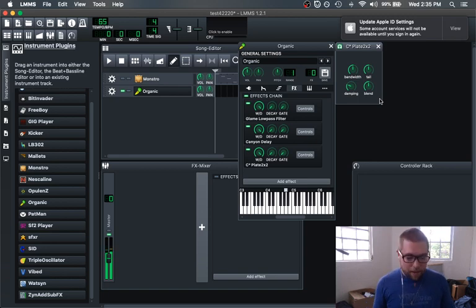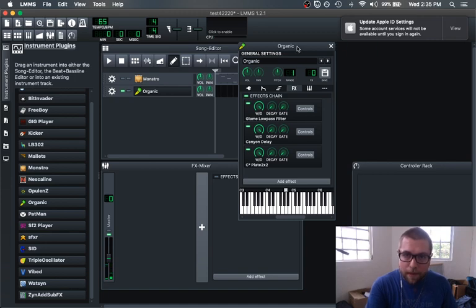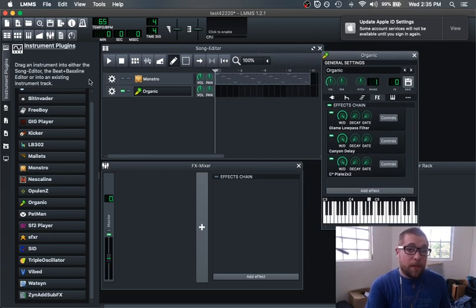Hear that sustain? That's that ambient spaciousness that we want. So, we're going to record this. Let's practice this first with the metronome on.